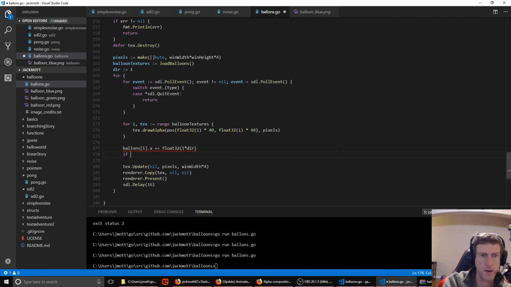And then this is balloon textures. Let's say 400 or